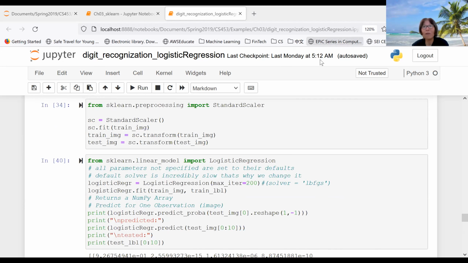And yeah, that's all for this year. So basically, we finish the logistic